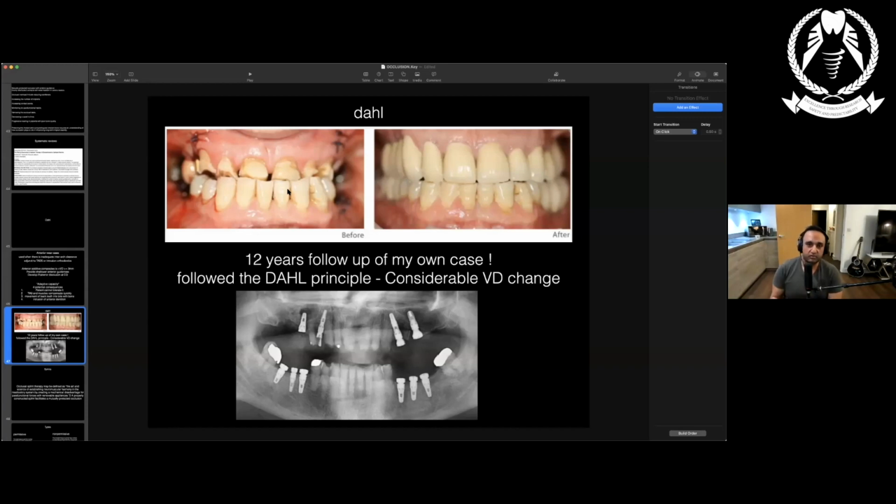As you can see, we put some restorations in, jacked him up, increased his vertical dimension, but we followed the principle of Dahl. We followed the principle of giving him the posterior support and giving him the implants at the back, but we worked in harmony with his dentition. And he was very class 3, prognathic mandible. And we used that with a combination of a splint, and we warned him,